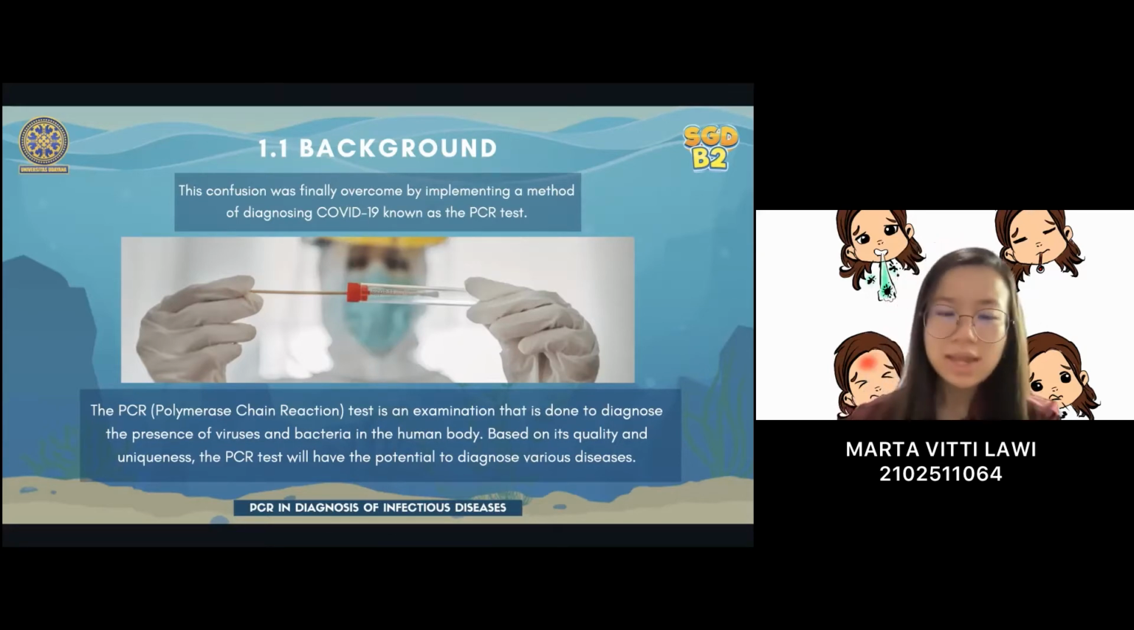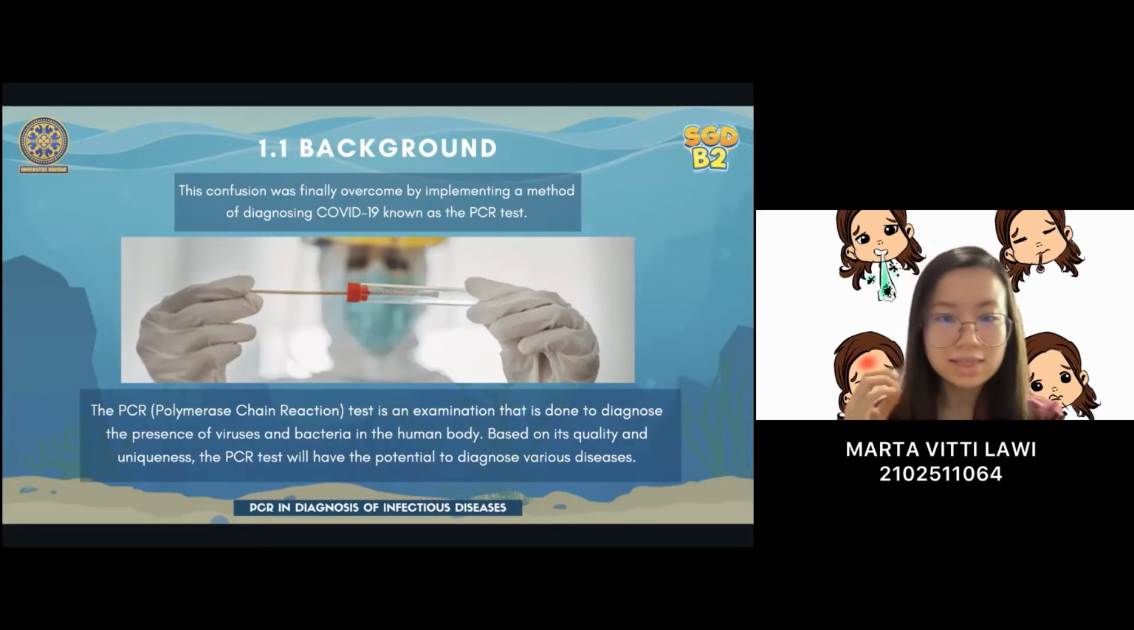Based on its quality and uniqueness, this PCR test will have the potential to diagnose various diseases if it's carried out in accordance with correct international standards. For example, the diagnosis of infectious diseases can create a new form of education for the public if it's studied